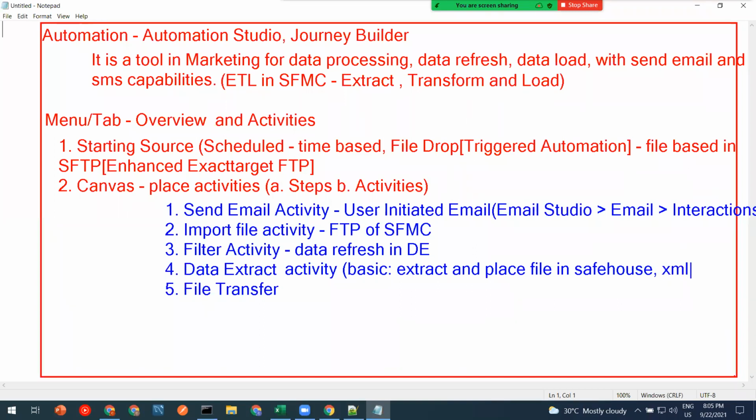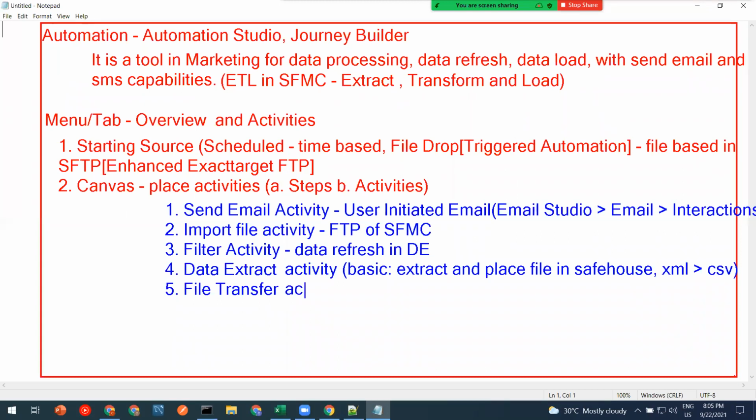If you have XML data, it can be converted into CSV file data. These are the two jobs done by the data extract activity. It might not be bought by many clients because it is an additional paid service. If someone is buying Automation Studio from Salesforce, it is not included in their purchase. They have to buy it separately.